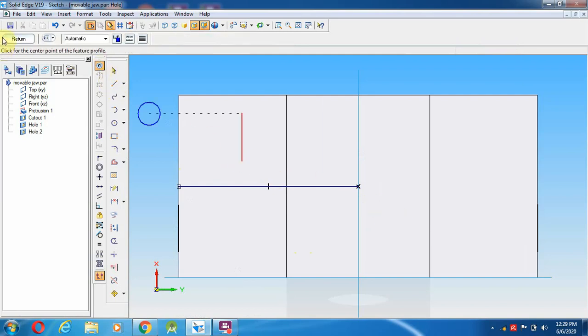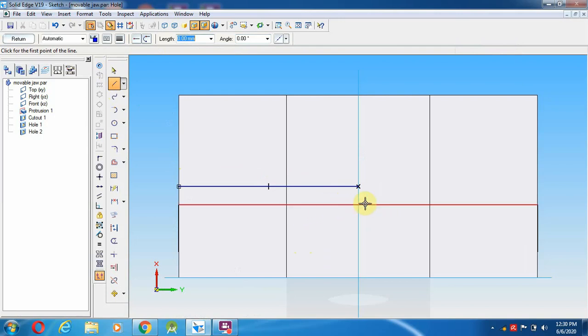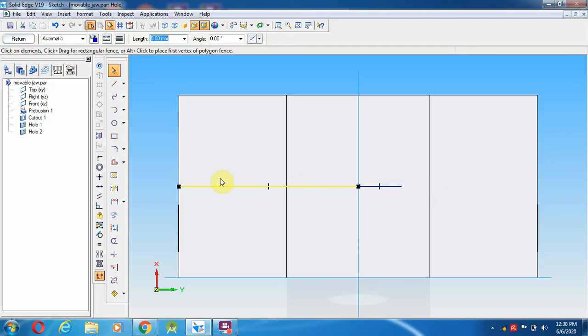Select again a line. Select a line from here to 24 mm, which means 12 mm. 12 mm, and trim it, delete, select a line. So again from here 12, enter. Okay, so select the hole option and go to your